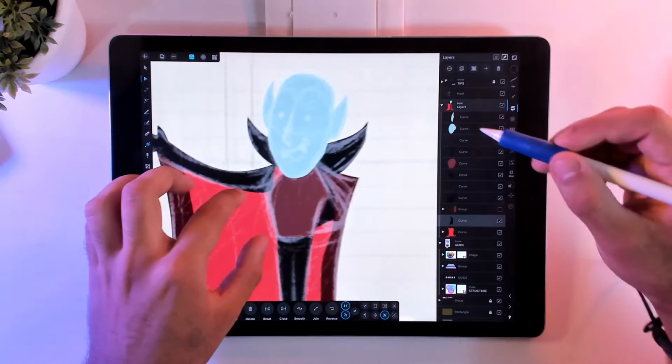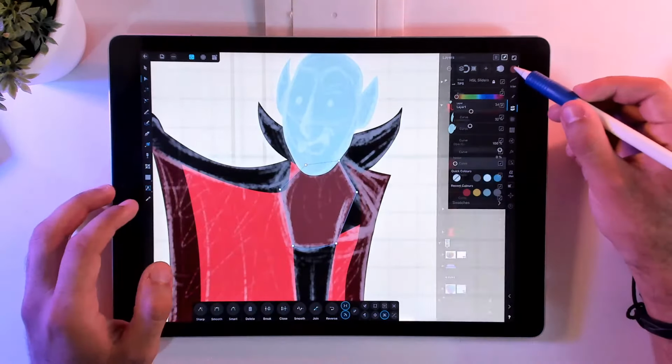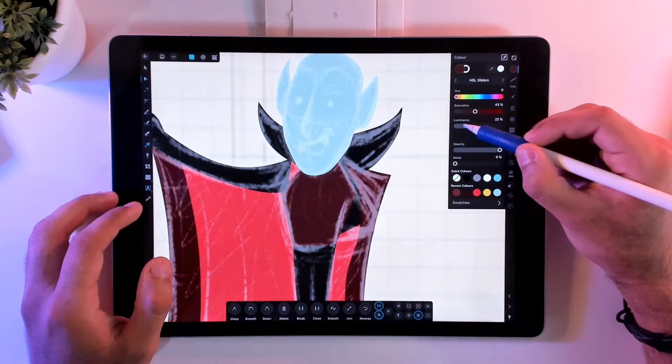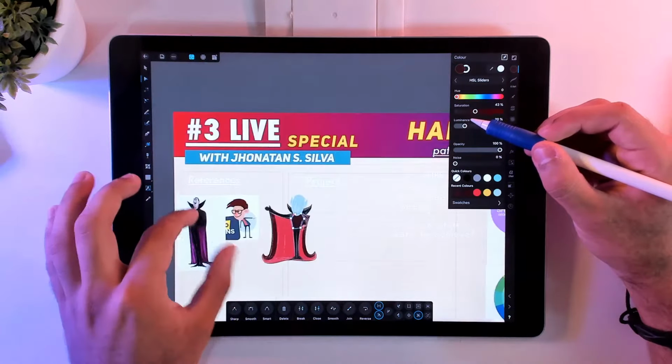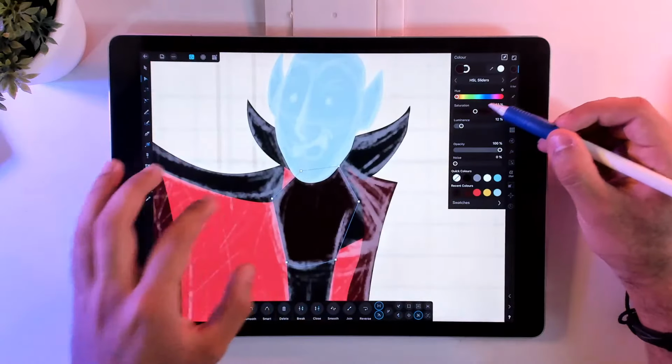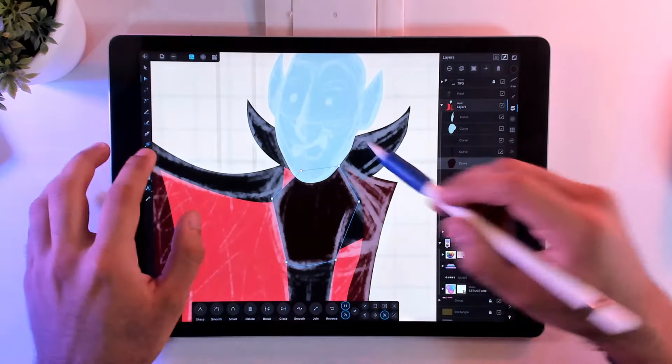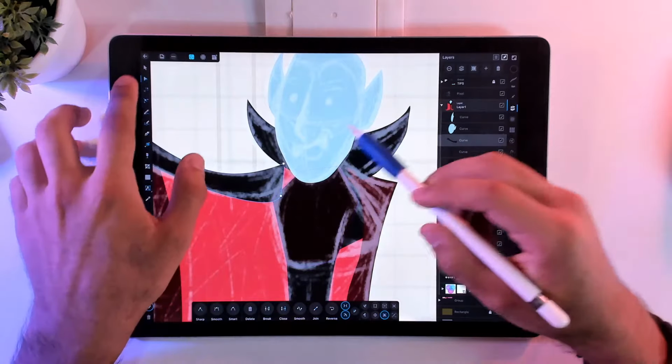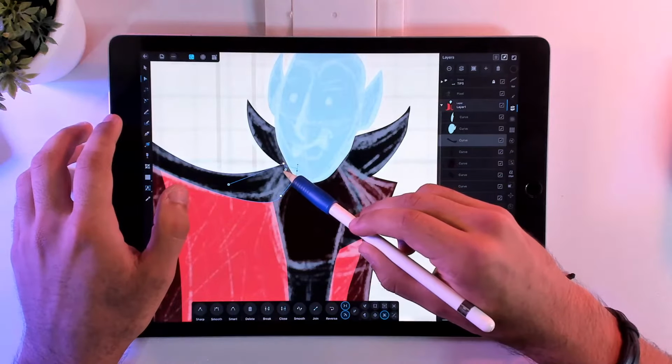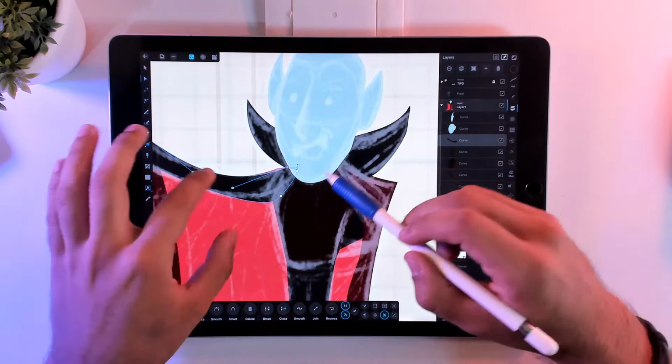All right, guys, let me check his upper body. It is black as well, I think. Okay, it's black. And let me check his arm here, and yeah,